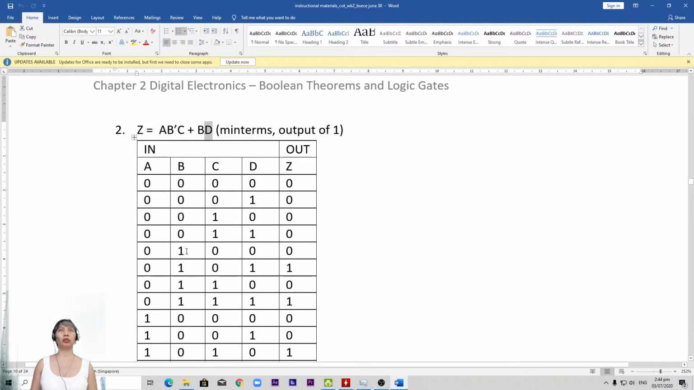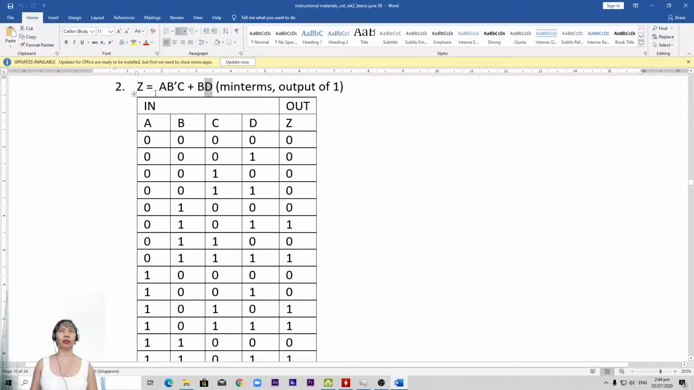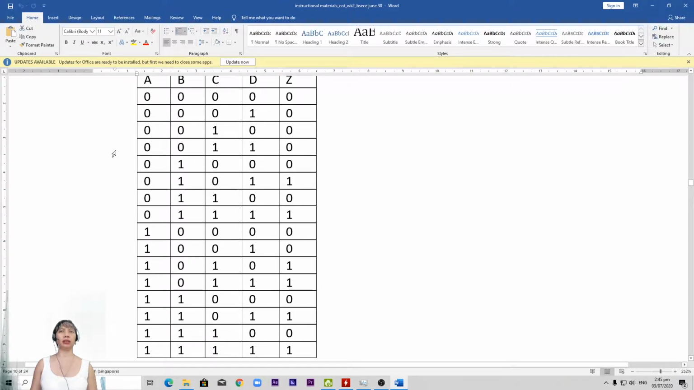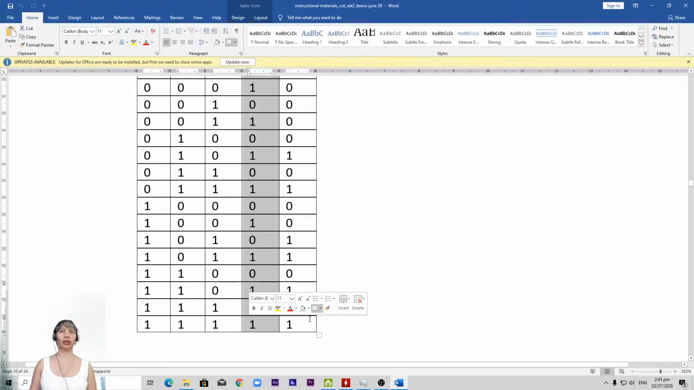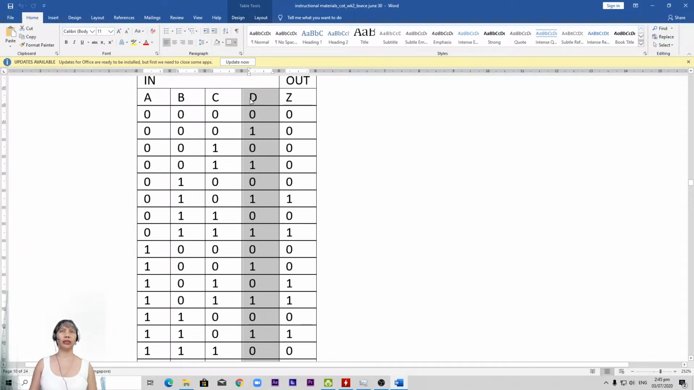For 4 inputs, 2 raised to n, where n is the number of inputs. So if you have 4 inputs, 2 raised to the 4, you will have 16 possibilities. We have 1, 2, 3, up to 16. Again, these are in binary sequence. I'll give you a tip so that you won't get confused with the binary sequence. In this column, the first bit, the least significant bit,